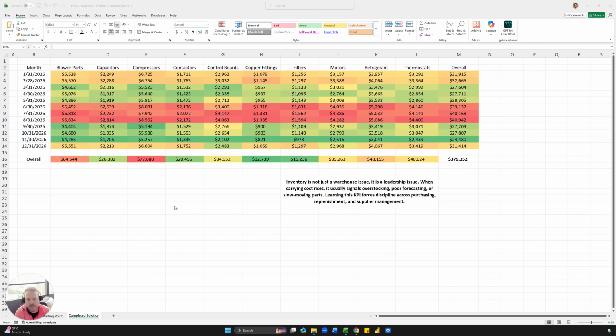So inventory isn't just a warehouse issue, it's also a leadership issue. When your carrying cost rises, it signals overstocking, poor forecasting, or slow moving parts. And so learning how to calculate this KPI is going to force discipline across your purchasing, replenishment, and your supplier management. And so what I want to show here is what is your inventory carrying cost by part and by